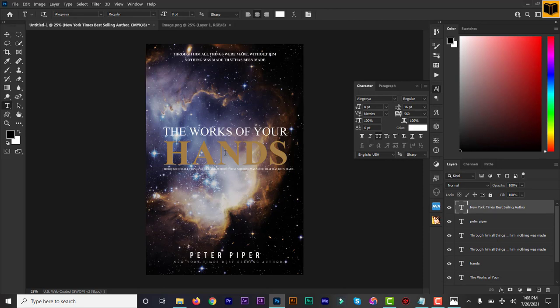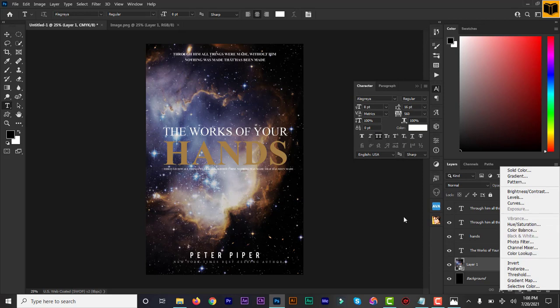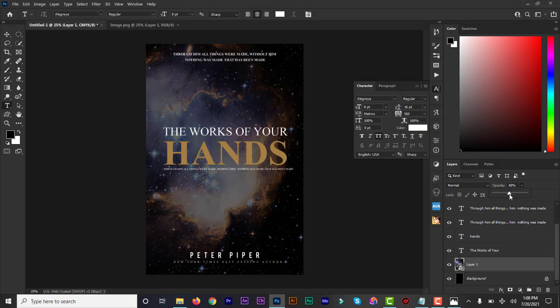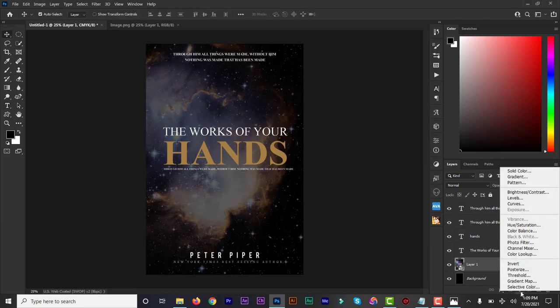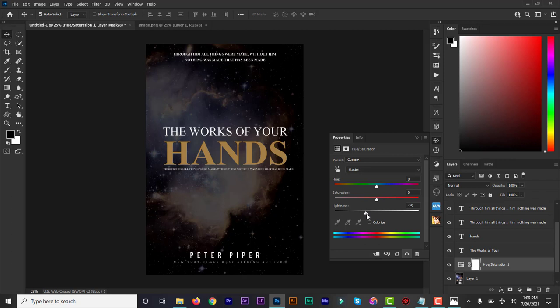Now what I'm going to do is I'm going to go to this, and I'm going to add maybe, let me reduce the opacity, so that the text can pop more. I'm going to reduce that to maybe about 53, 60. So I'm going to add hue and saturation right on top of the image, and let me see if we can maybe